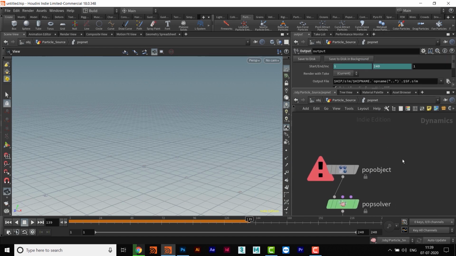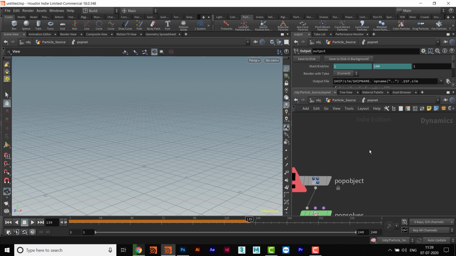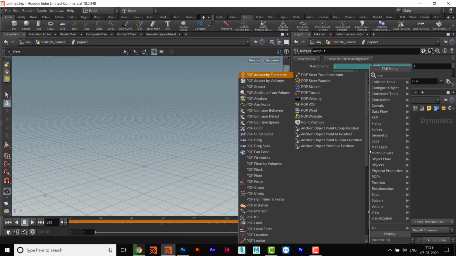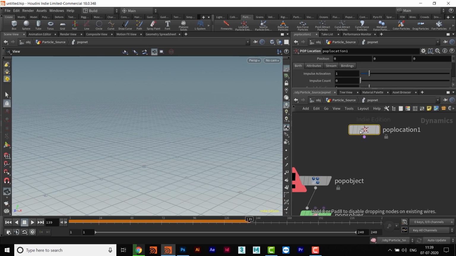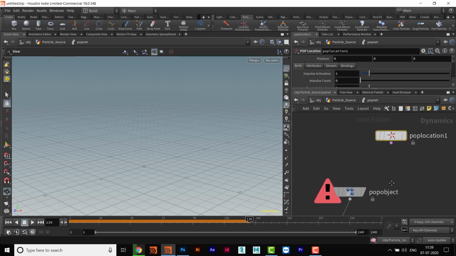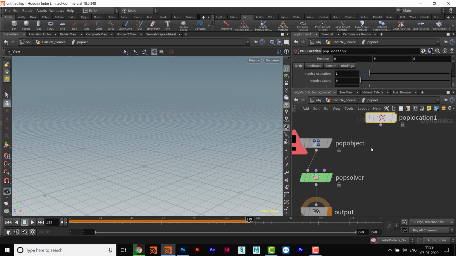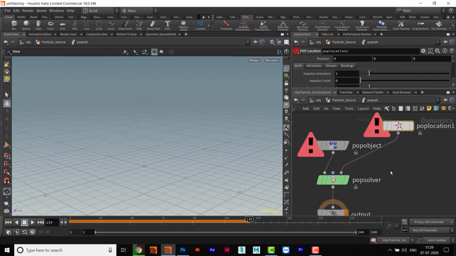Here is another node which is called pop location. So we will take that one, pop location, and press enter. Now you can connect this node to the third input of pop solver, and everything is cool. So just start the simulation.